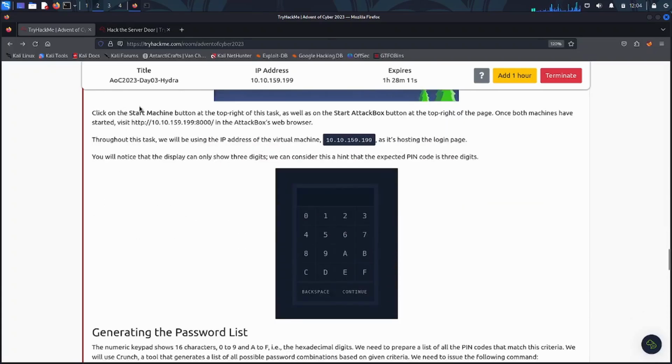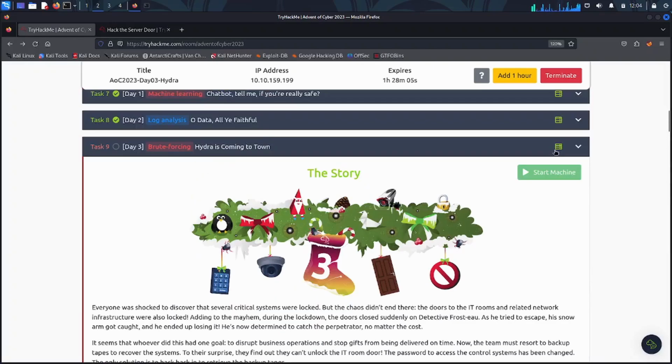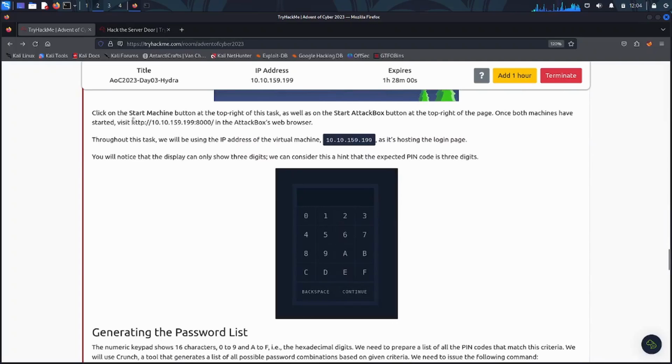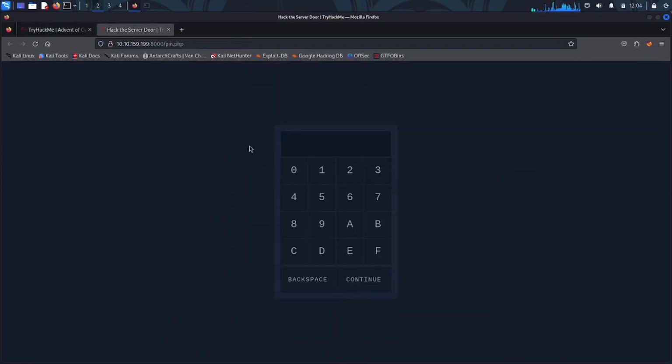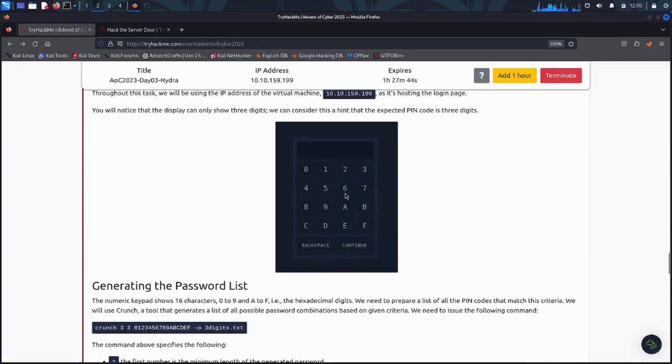To start, we need to start the machine. We click this green button over here, and then you will get an IP address. If you copy it and open a new tab, you will see that we have a path with 16 digits and letters. So what we need to do is generate a file containing every possible digit and